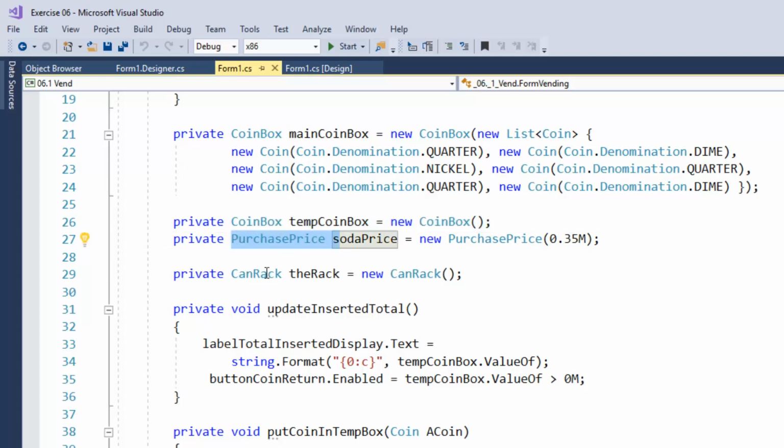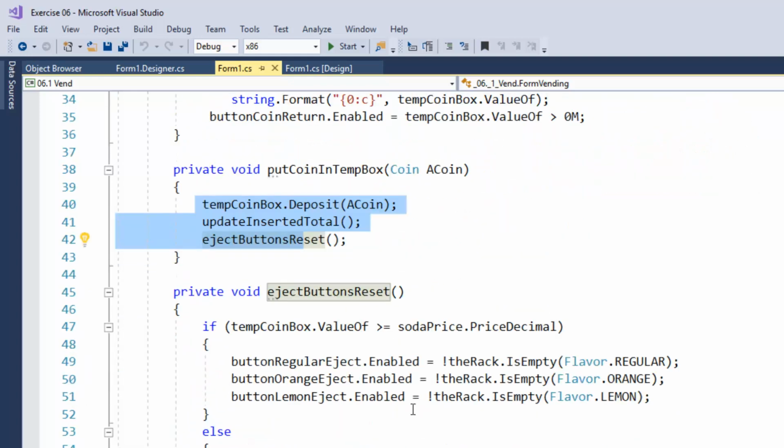There's my purchase price, there's my can rack, and then I do have a couple of private methods. Of course, how you did this was completely up to you, but mostly you can think of it as avoiding code duplication. I have one for updating the inserted total and for putting the coin in the temp box. And then I have a routine that resets the eject buttons. And so this will be called anytime we want to make sure that the eject buttons are in the proper